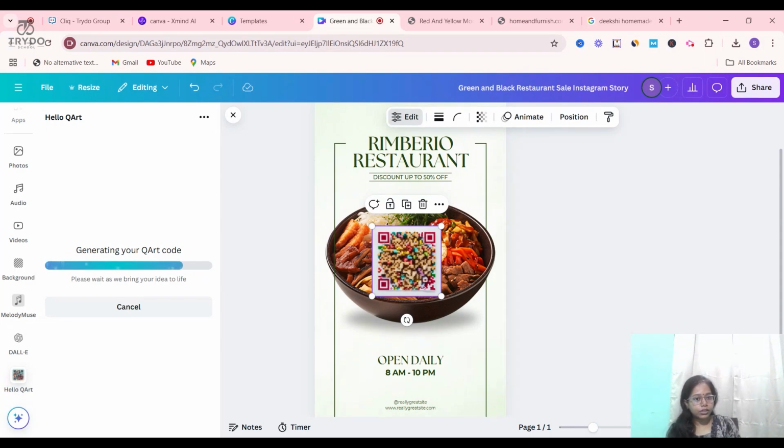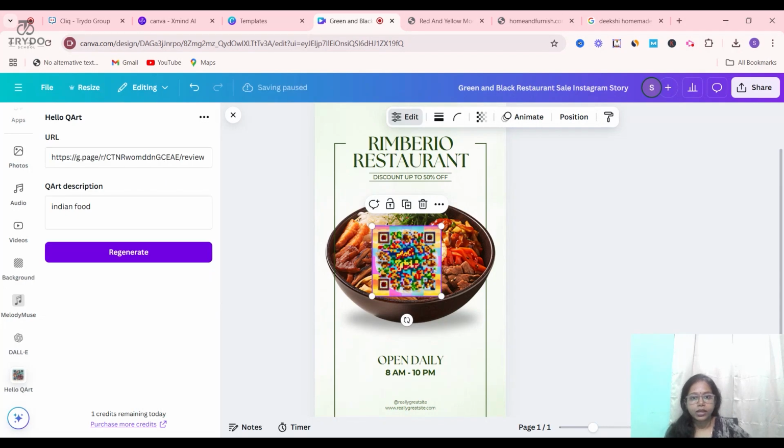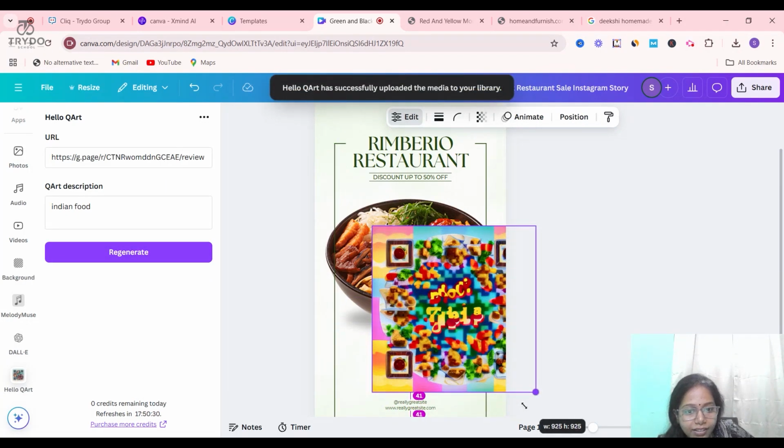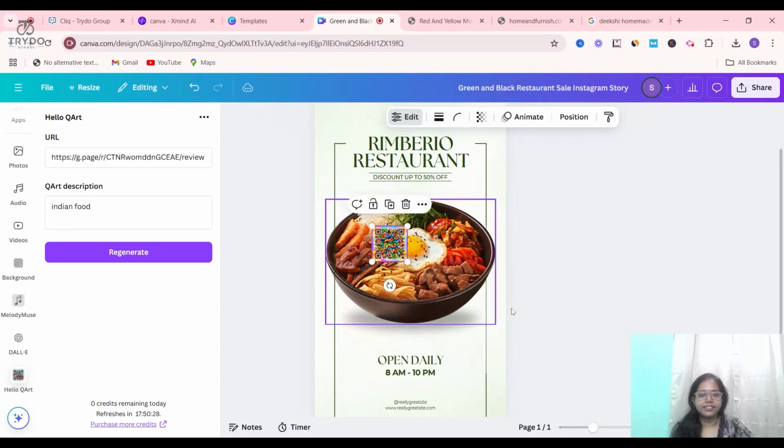You can place it near the UPI transaction where people can scan it. Something like fries, something.